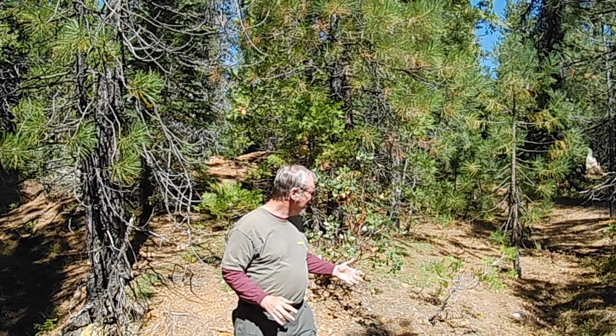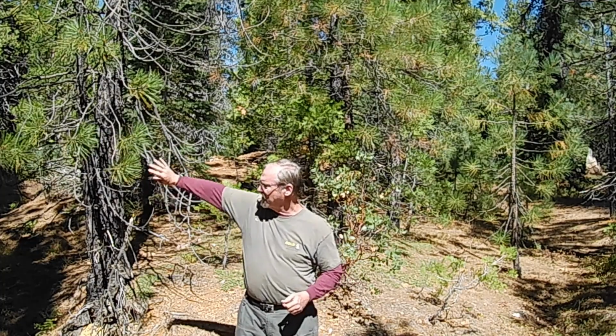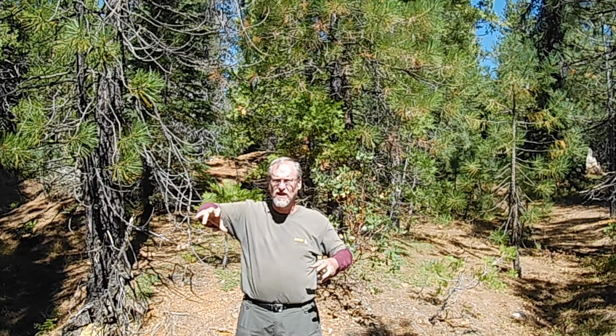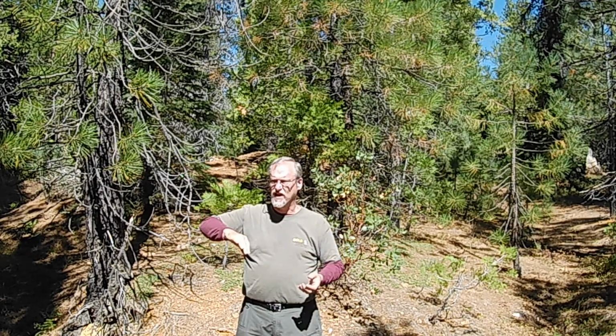So my first indicator hack that I'm going to talk about is ground cuts. I'm standing in a ground cut right now at this mine. There's a cut going up this way and a cut going up that way, other ones over there, crisscrossing between. These are cuts that the miners cut out to dig their gold-bearing gravels. And so when you see ground cuts like this, a whole series of them, not just one, because people might have cut a trench to drain water from something, but when you see a whole series of them interwoven and cutting across each other with piles of dirt and that kind of stuff, that's a good indicator hack